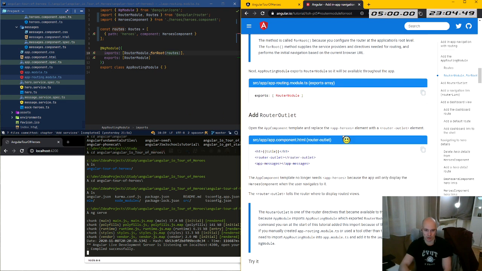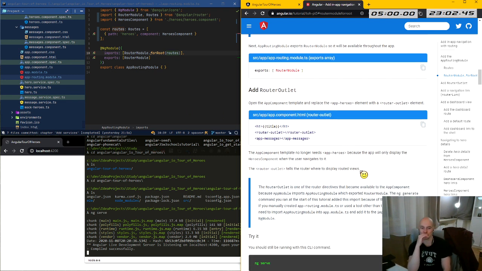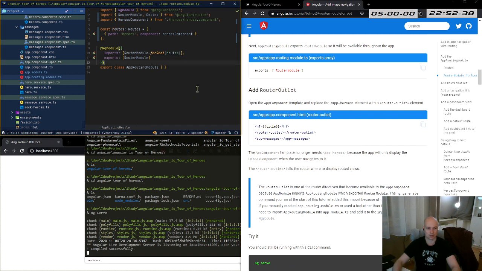Add RouterOutlet. Open the AppComponent template. Okay, cool. So I replace the app-heroes with a router-outlet. Oh, really? So how? Okay, so I can replace it with a router outlet, but